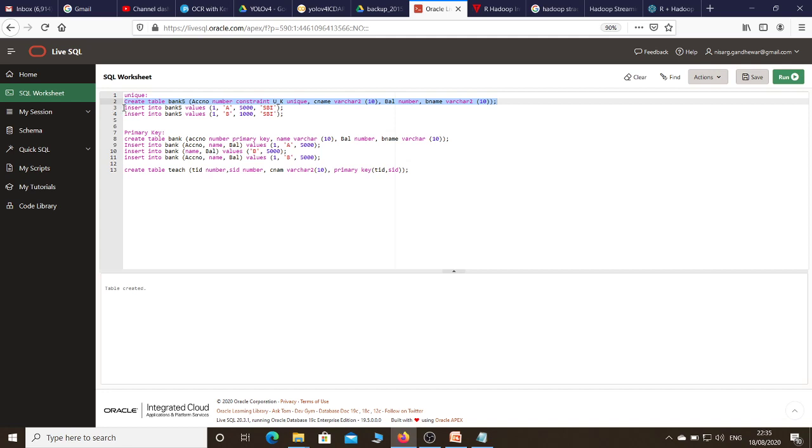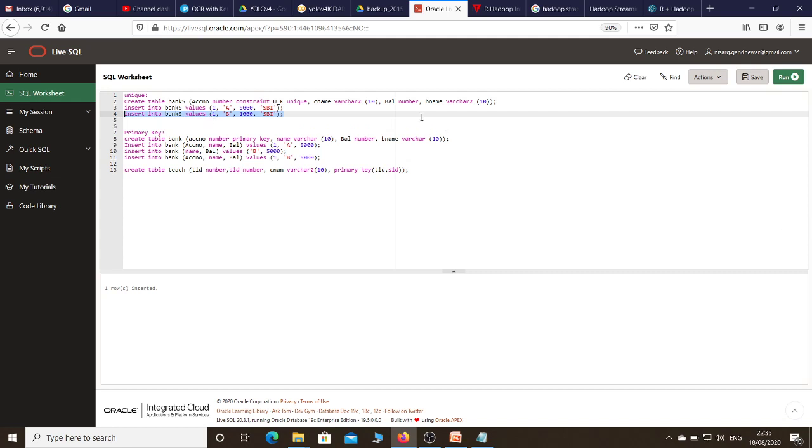First I will insert one row into table bank 5, where account number is 1, name is A, balance is 5000 and bank name is SBI. One row is inserted. Now let's try to insert another row with the same account number 1. Will it allow me?